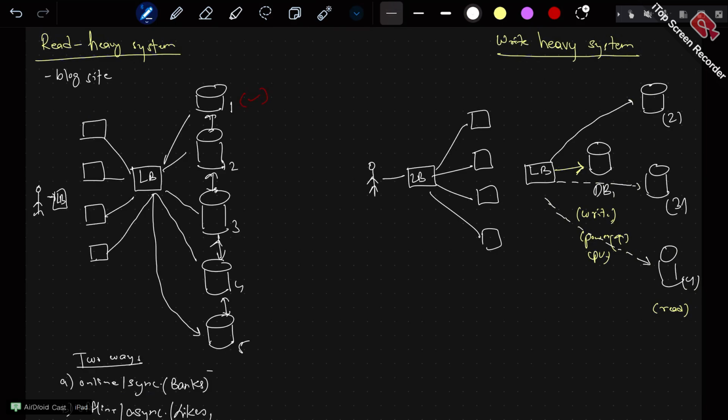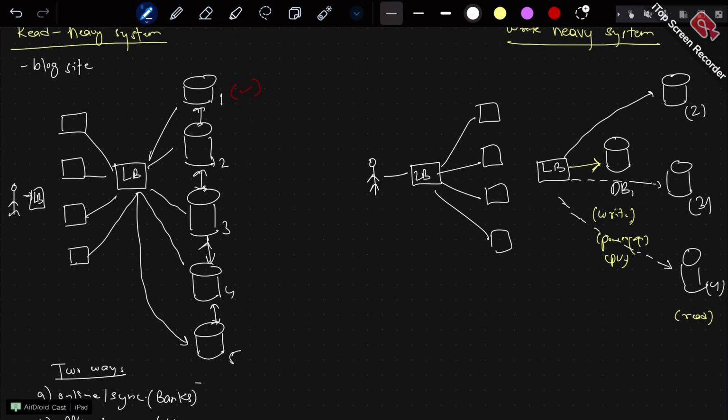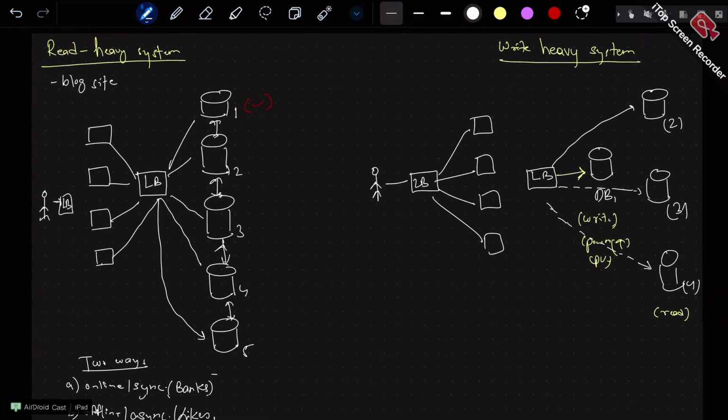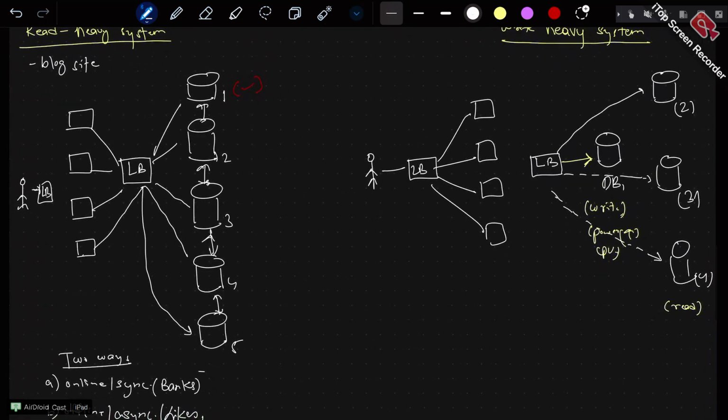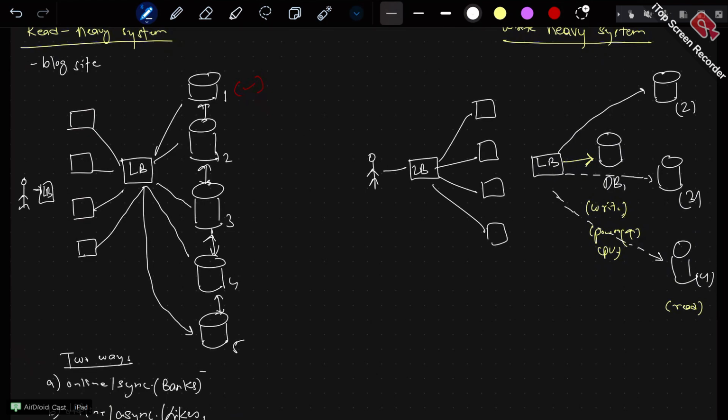So for that purpose we have segregated the read database and the write database. Your read request will only go to 2, 3 and 4, and write will go to only database 1. Understood till this point? Now the important question is, what data is residing on database 1, 2, 3 and 4? I am telling you, they are exact replicas of each other and they should be replicated, right?